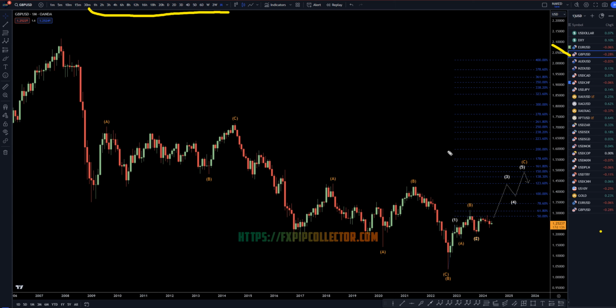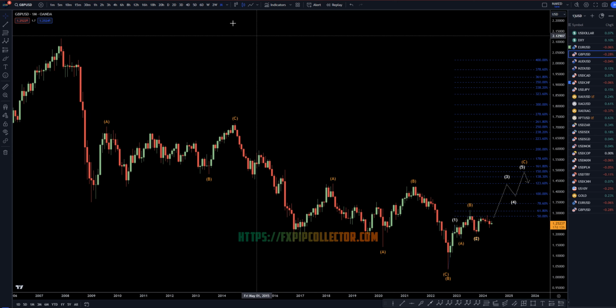So on the pound dollar, I still think this is going to make a higher low, higher low. I still think this is either going to go up to complete a trend for an expanding flat wave C, which would most likely take it above these highs, or possibly a running flat wave C, which would bring it down to one of these lower Fibonacci extension levels. Either way, I'm definitely still bullish, and I think we have a pretty decent trend ahead of us still.